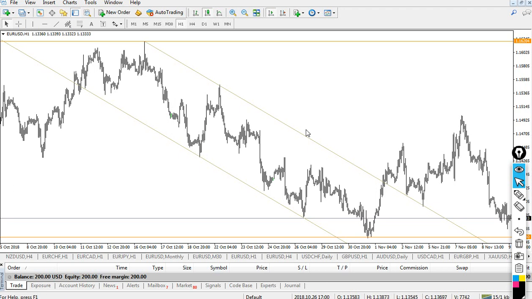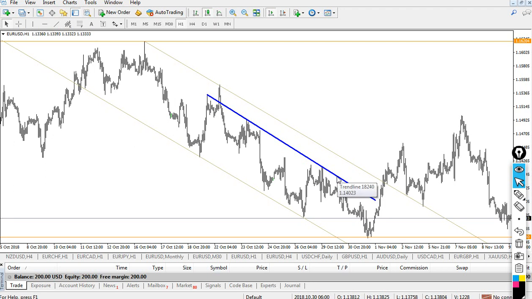Now the main point is why and where we take a sell and why we take a buy in a bearish channel, and how we take our sell and buy trades in an upper channel, like a bullish channel. A trend line is basically a simple single trend line. If you want to trace it, you trace it like this, and then you can easily determine that the market touched the first time, second time, third time.